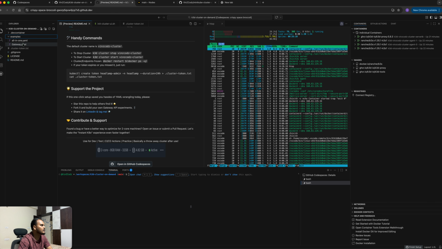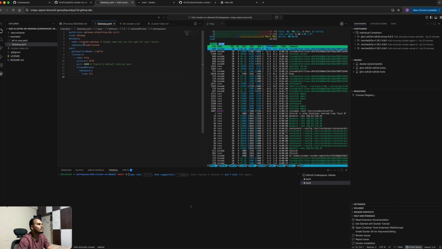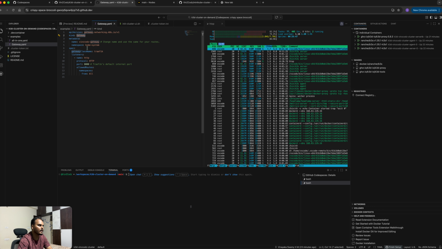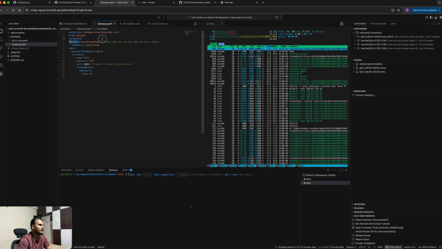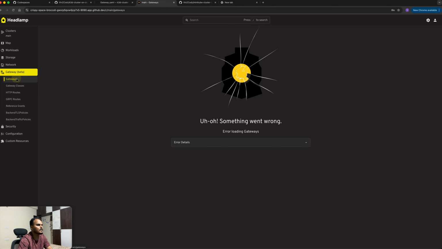If you go here in the example sections, you see that there is a gateway YAML. What this YAML does is it will create a new resource called a gateway. I have named it Vince Code Gateway. You can name it anything that you want. So if you go here, these are the gateways. If you go to this gateway class,